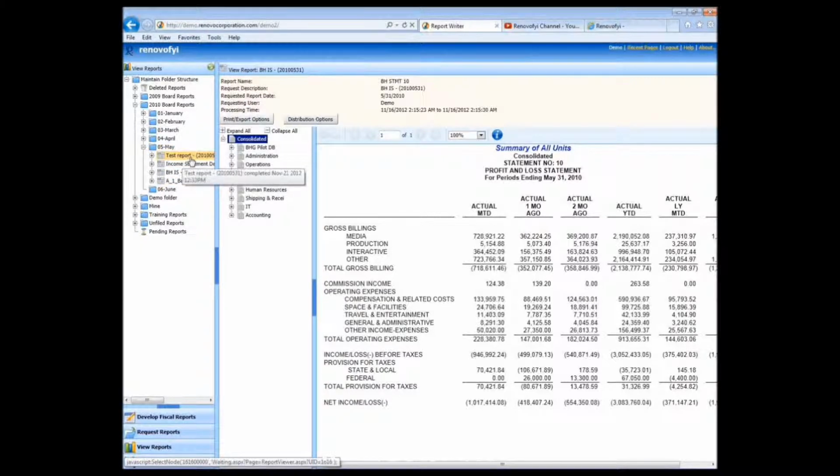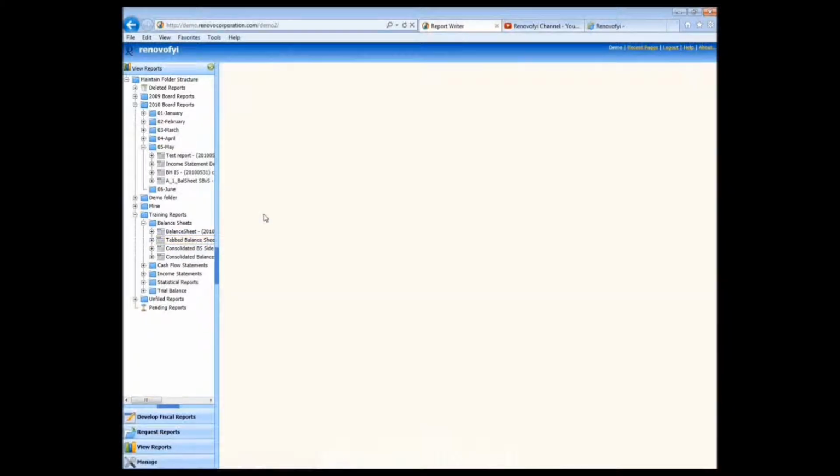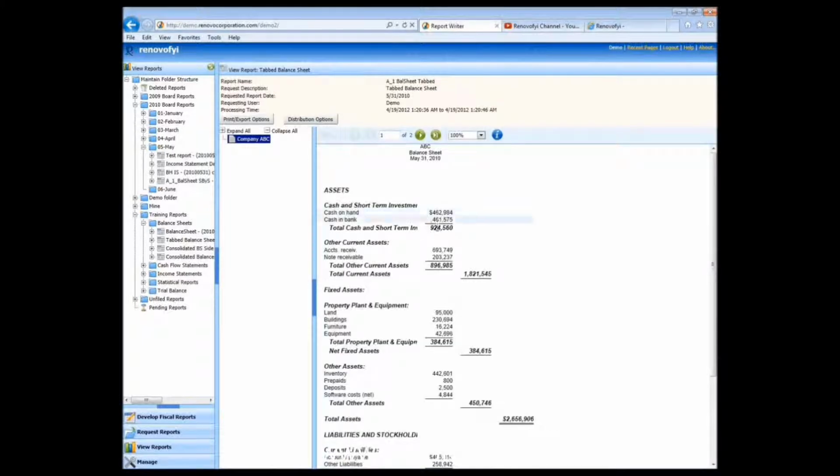So it's a nice way to organize all your historicals. We'll just take a look at a couple of examples here. If we come down here to the training reports, we'll look at some standard financials like a balance sheet in this current year, prior year format, or the same balance sheet in a different column layout here where we've got this tabular format,